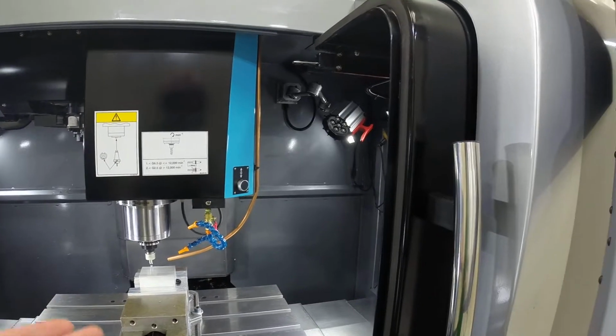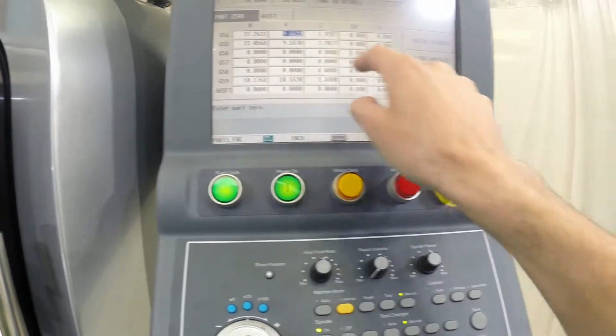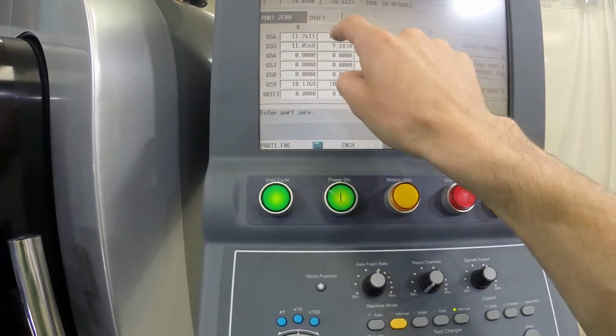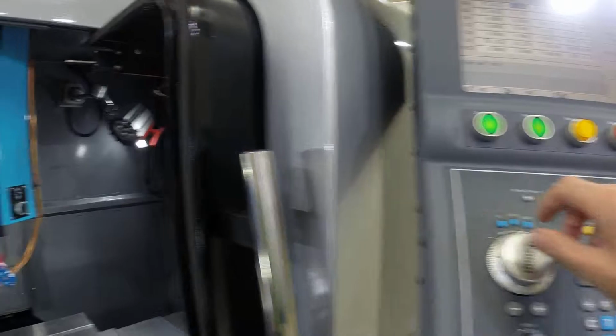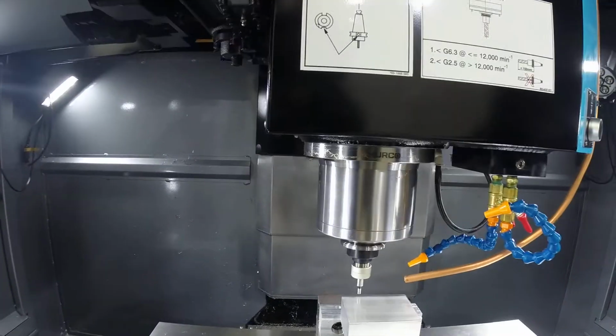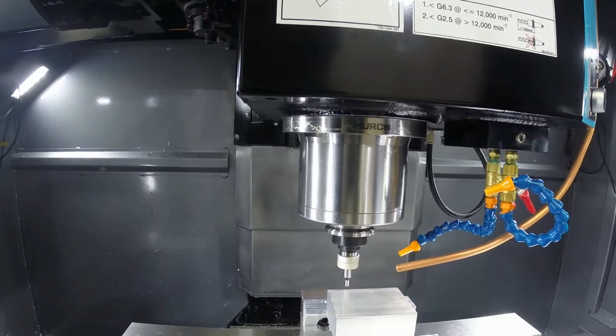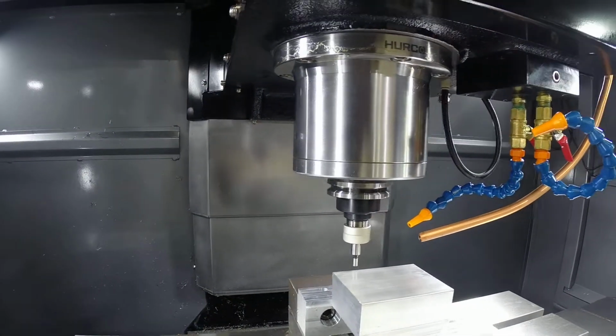But generally in this instance, I would be doing this so quick, I'd be off center. I click Y, I say store machine position. We then see the Y is at 0. I'm going to move my Z up. Now I'm ready to move my Y forward the 1/1000, because you can't really see with the camera, but the same with the X,